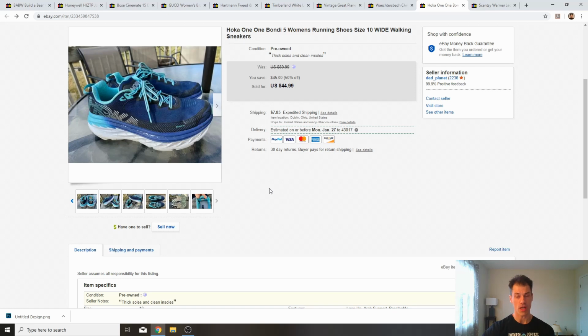Easy brand to sell. Condition still matters. You can even sell Hokas that have shown a decent amount of wear on the soles. It's just one of those shoes that's kind of hot right now, and everybody wants to get their hands on it. They're super expensive if you buy them at retail price. So let's take a look and see what the buyer paid here for these shoes. They paid full price, $44.99. They paid $9.45 to have it shipped, for a total of